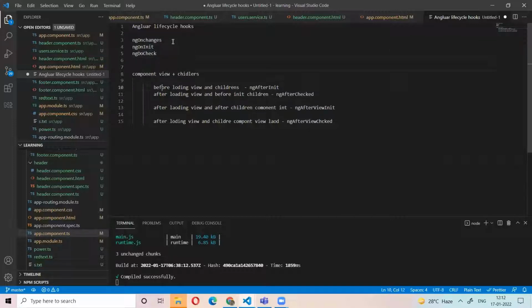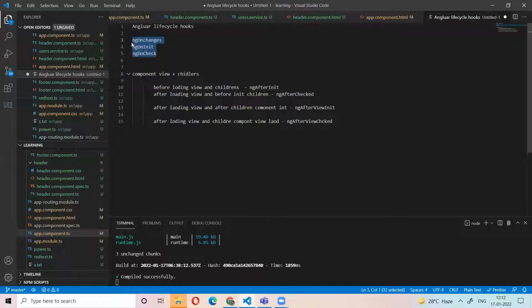So the top three are related to a component itself, right? These are not applicable only to children; these are individual methods.